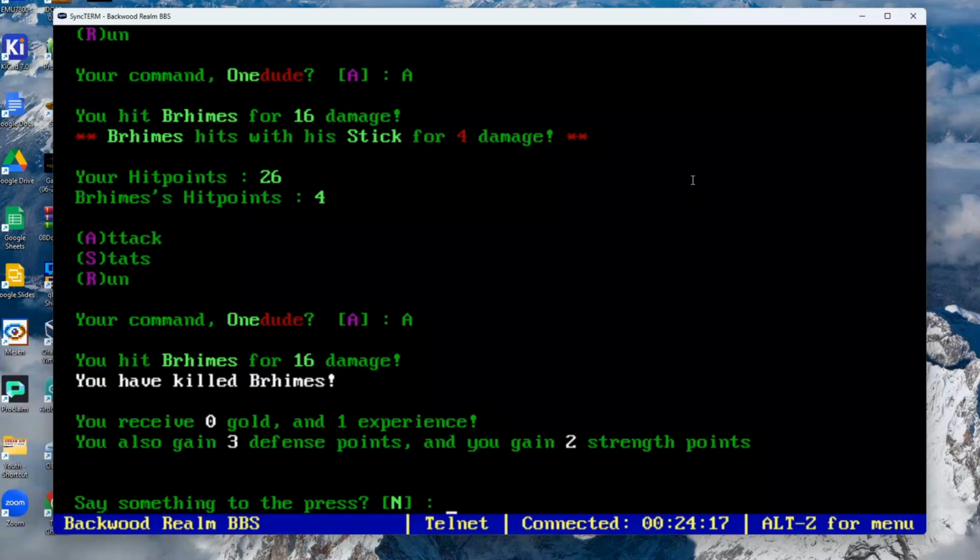So, okay, we've hit him. And he is dead, and we had no gold on him, but I got some experience. I also got 3 defense points and 2 strength points. Now, remember,